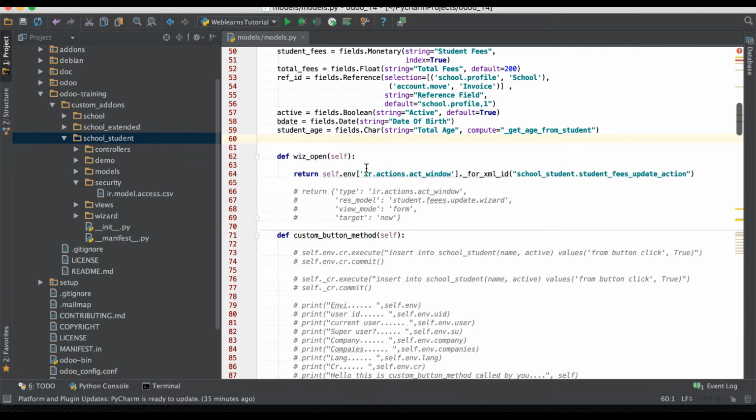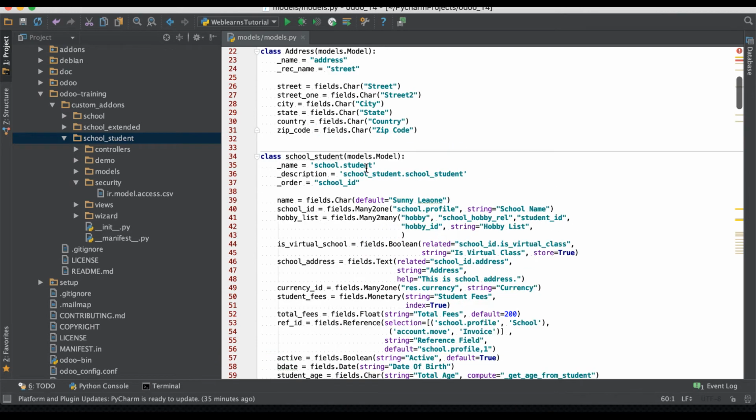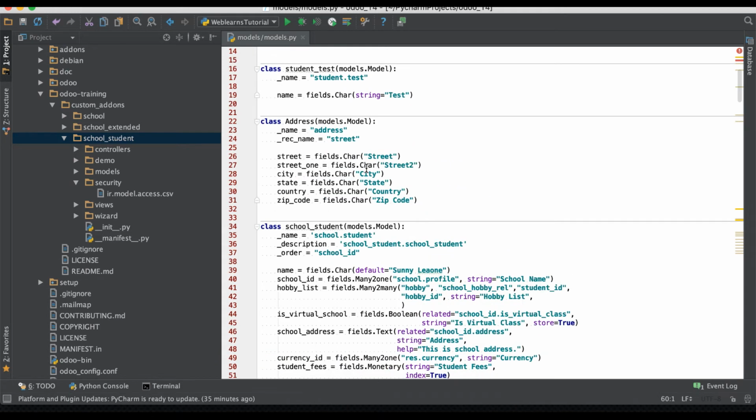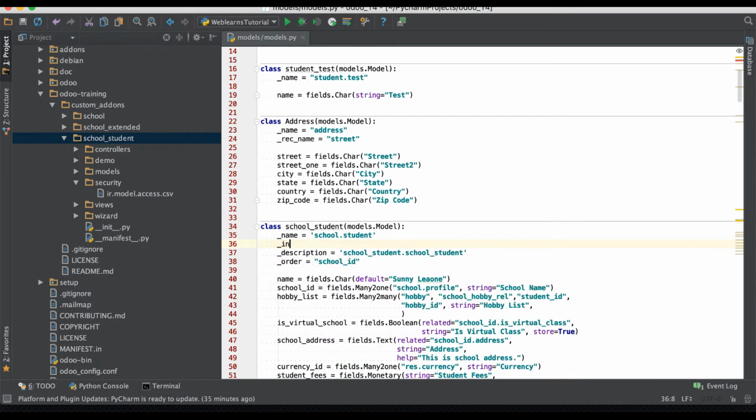So what we are doing is, this is the second way we can inherit. Here we are using underscore name, and we have to use one more metadata, which is inherit for a different model. You can see this is the current model name, which is school.student model, and we are also inheriting the address